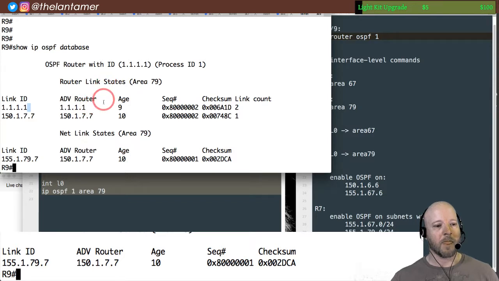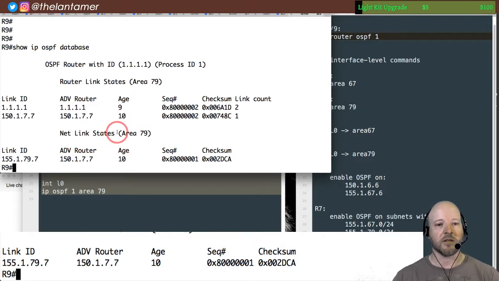Then we have router 7. Then we have this network here. So my question is, if I look at the OSPF tree, right? I should see a network